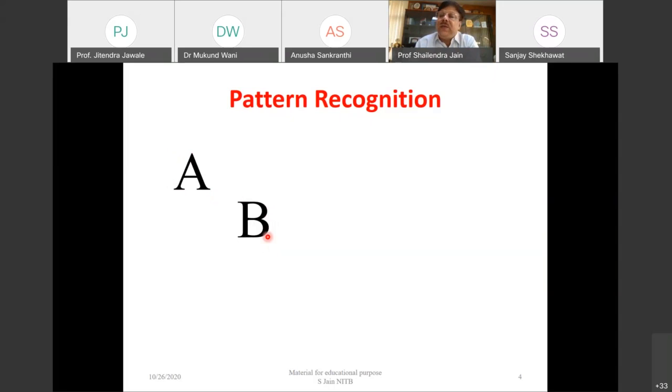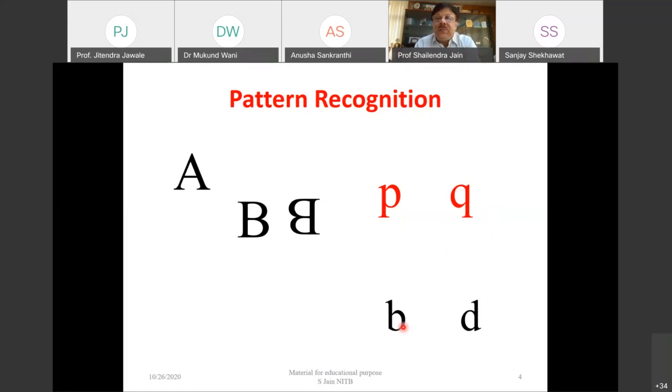This is A, this is B, and so on. Let's see, this is a mirror image of B. So we have clearly recognized this particular pattern. If we talk about these two patterns, this is P, but this may be a mirror image of P, or we basically know, my brain cells know, this is not a mirror image, this is Q. Because I have learned this alphabet is P, this is Q.